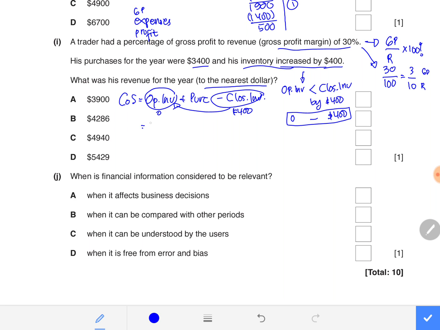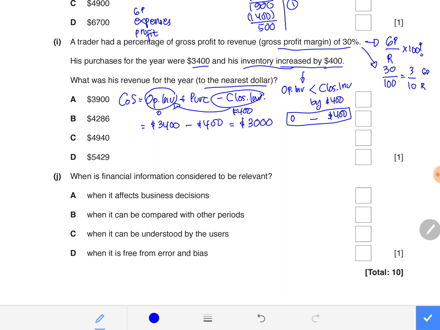So you have purchases of 3,400 and a difference in inventory of negative 400. I combine opening and closing because we don't have detailed information about how much each is. We just know they have a difference of 400, so we use that. Opening minus closing, negative 400. So you have a cost of sales of